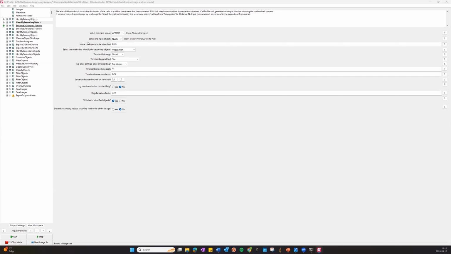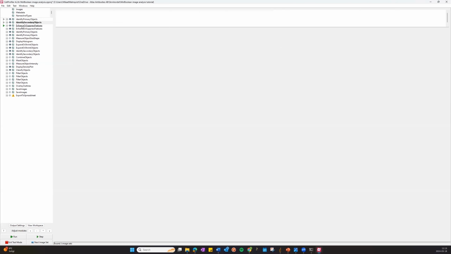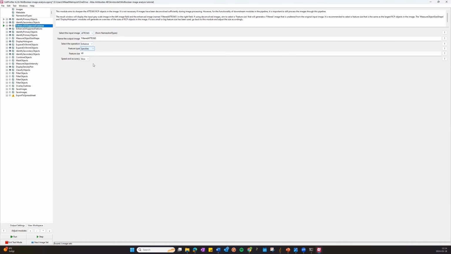Now CellProfiler has moved on to the next module, indicated by the green arrowhead, the Enhance or Suppress Features module. You can click on that to see the settings for that module. This module is performed for both the Atlas 565 and 647 channels, so you have two copies of that module. It aims to sharpen the RCPs in the images, and the module is not necessary if images have been deconvolved. However, for the functionality of downstream modules in the pipeline, it is still important to run the images through these modules. And the result window, when you click step,